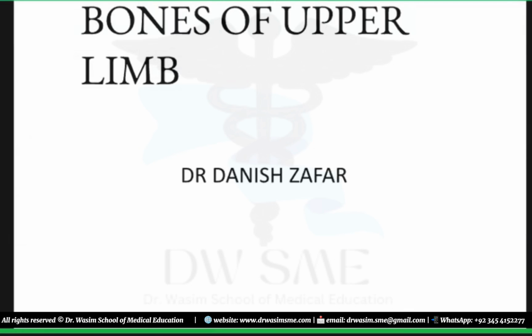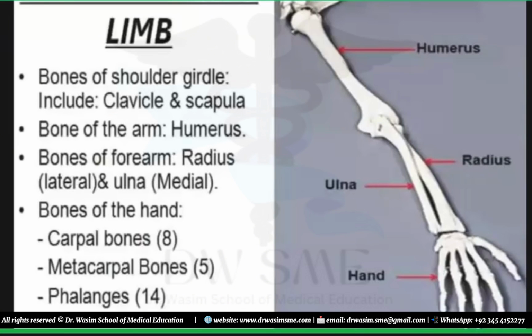So now we will continue our talk regarding the bones of upper limb. So this is the diagram which shows all the bones. First of all, we have the clavicle, then we have the scapula, humerus, radius and ulna, carpal bones, metacarpals, and